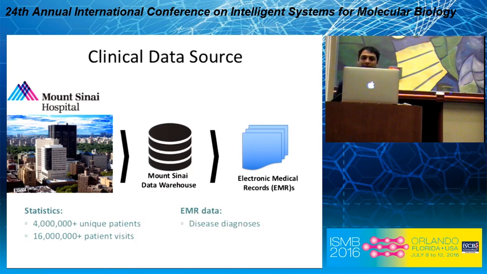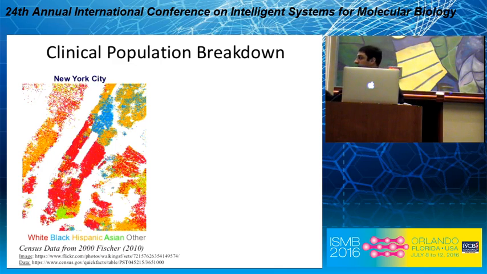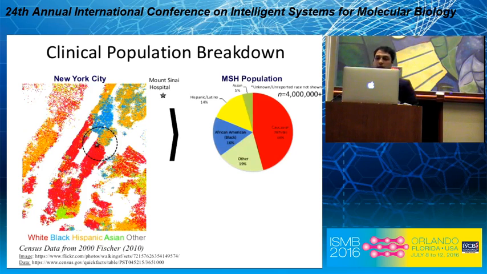As we've seen before, EMR data can have disease diagnoses, demographic data, and drug information, among many other things. One thing that's amazing about New York City, this is census data from 2010, is that we can see there is a lot of heterogeneity in its population. Even though there's some clustering of European American Caucasians in Midtown, Mount Sinai Hospital is actually located at this border between Upper East Side and East Harlem, which houses a lot more racial diversity. And because of this, the Mount Sinai Hospital has a pretty decent representation of underrepresented minorities of over 4 million people.